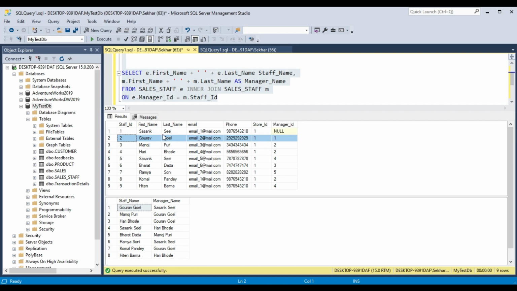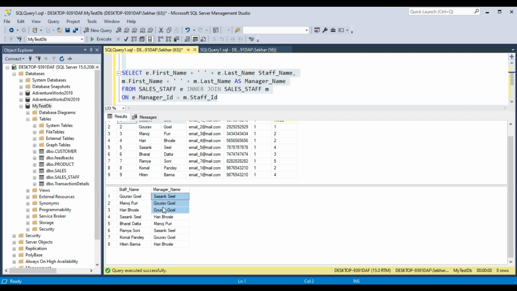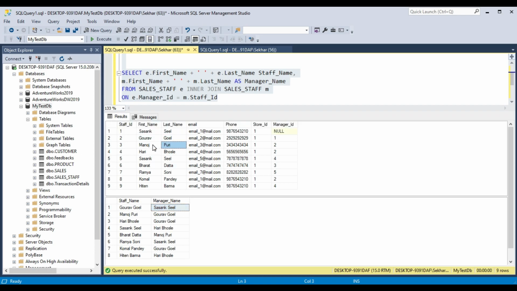The one is Sasank Sil, and here you can see the manager name is coming as Sasank Sil. Next is Hari Bhosle. Hari Bhosle has a manager ID of 2. Who is 2? Gaurav Goel is 2. So Hari Bhosle has manager name as Gaurav Goel.